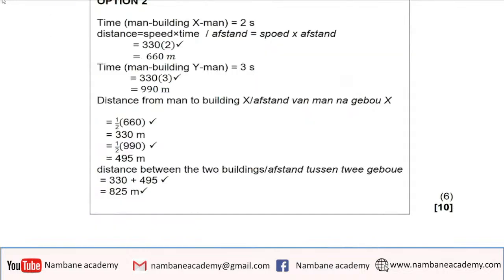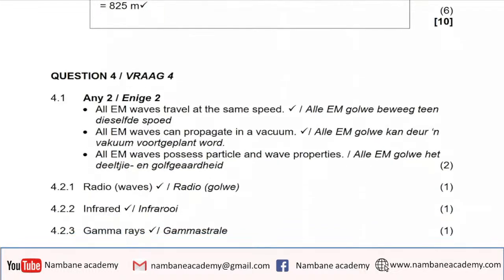The answer is because all of them are traveling at the same speed. 1 mark. Colleagues, any 2 correct answers will do: that all EM waves possess the wave and particle nature. So that dual nature of light is also a point that the learners can use. So any of the 3 is going to be correct. Next question,